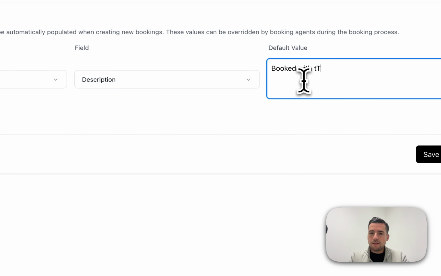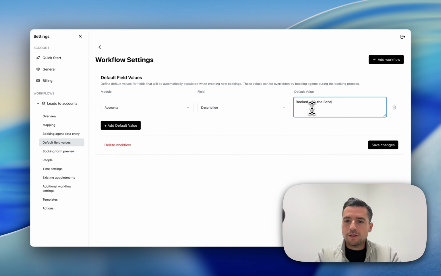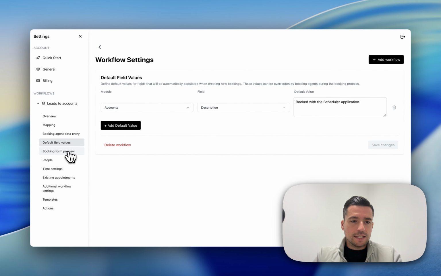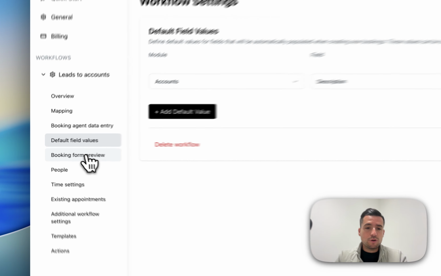Booked with the scheduler application. Just for example, we'll put a little string here so that every appointment is booked, there's a description that's added to the destination module, which is accounts, that says booked with the scheduler application, just as an example here. The next thing we need to check is the preview of the booking